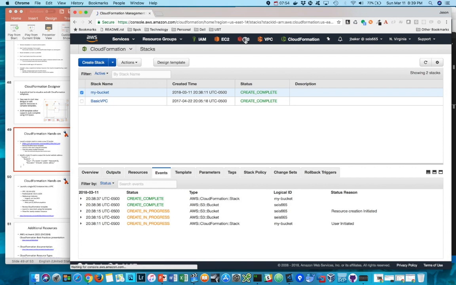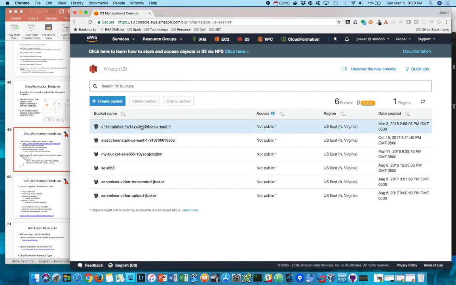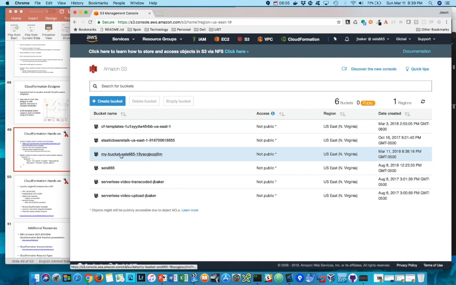If I click on the S3 dashboard, you'll see that we've created a new bucket, and the bucket is called my bucket SEIS 665 then this sort of random string of characters. Well, why did it name the S3 bucket this way? Well, recall that every S3 bucket has to have a unique name. And if this name wasn't unique, then I would not be able to run or reuse this template multiple times,